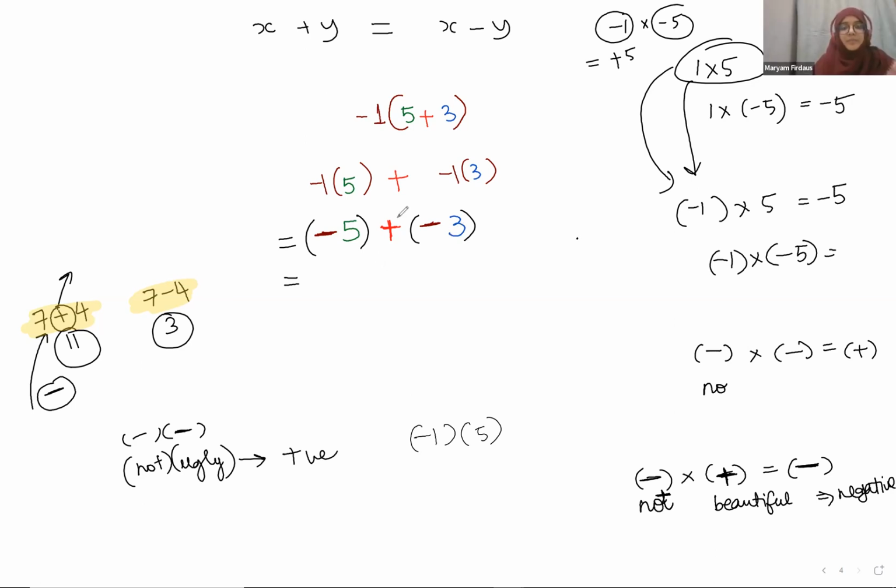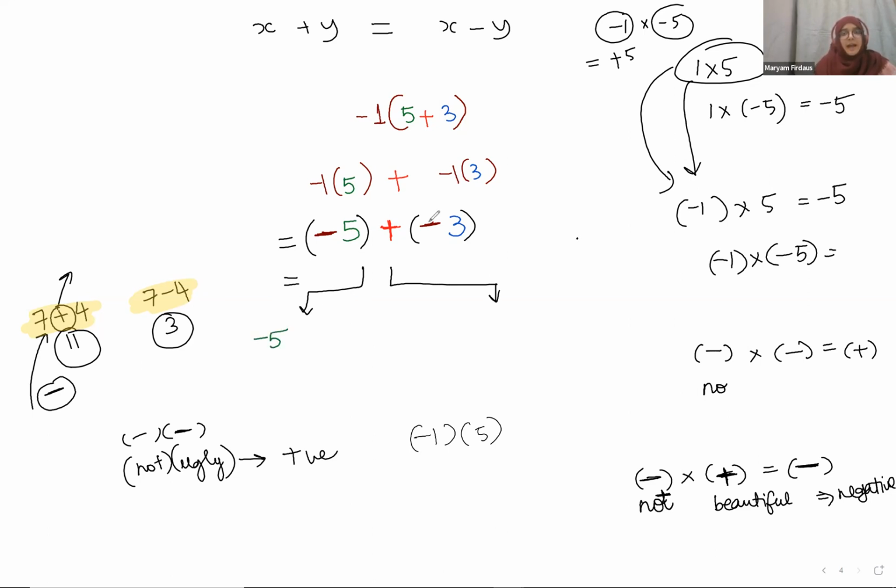All right. So Hiba, there are two ways of approaching what we have in front of us right now: -5 plus -3. One of them is more theoretical and one of them is more practical. I'll give you both of them and it's your wish, whichever you want to choose. So one way is to rewrite this as